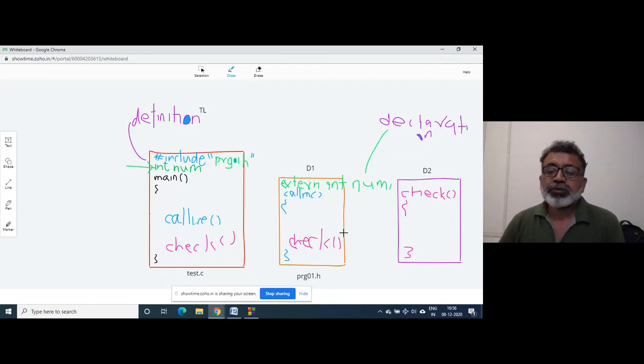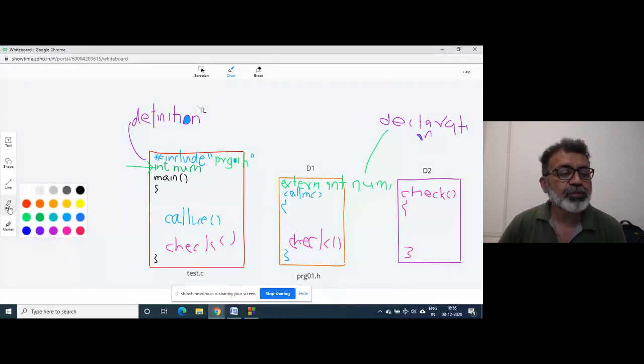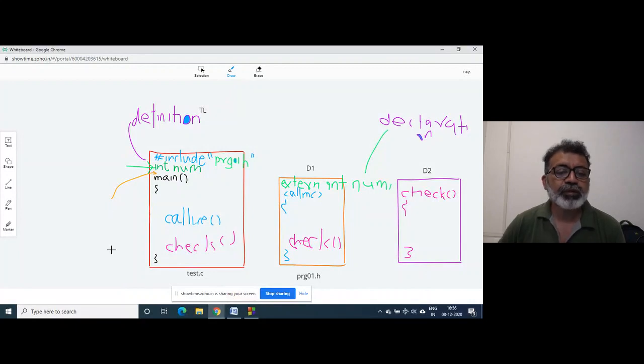Now, suppose there is another variable, like there is no place here, so I will use some. There is another variable, suppose int p. This int p variable is declared by the team leader, and D2 can access that.